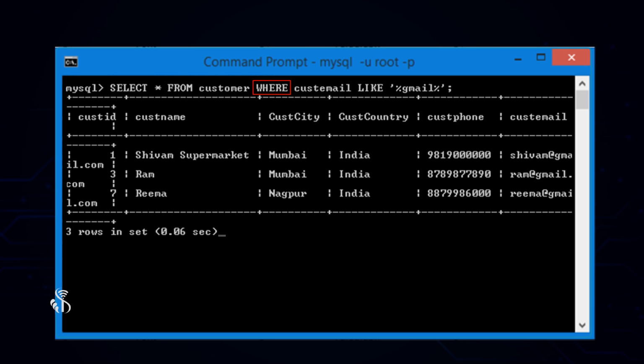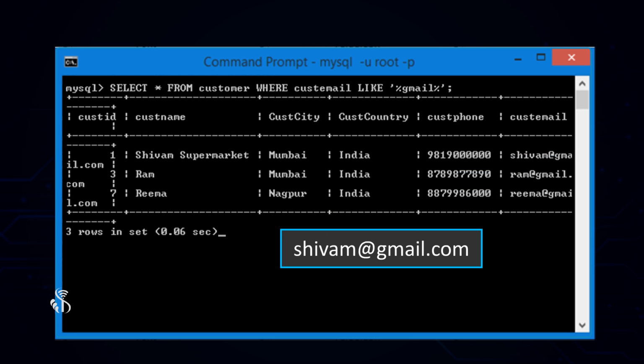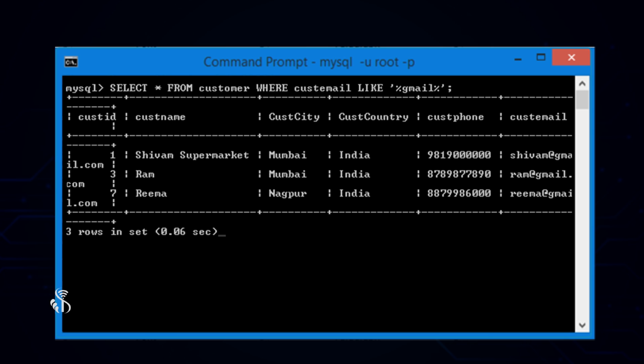As can be seen in where clause, comparison is made with customer email and value which is put in single quotes. Since we want to know customers who have got their email address as Gmail, we are not concerned about the initial part of email address or the last part of the email address. We know last part of email after Gmail is .com, but we will type Gmail in single quotes and we will put percentage character before and after Gmail.